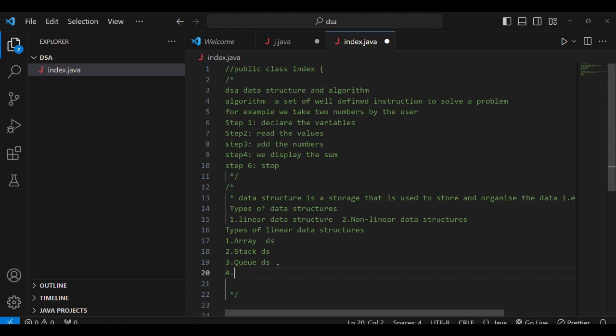And fourth, the last, is the linked list data structure. They are all data structures.